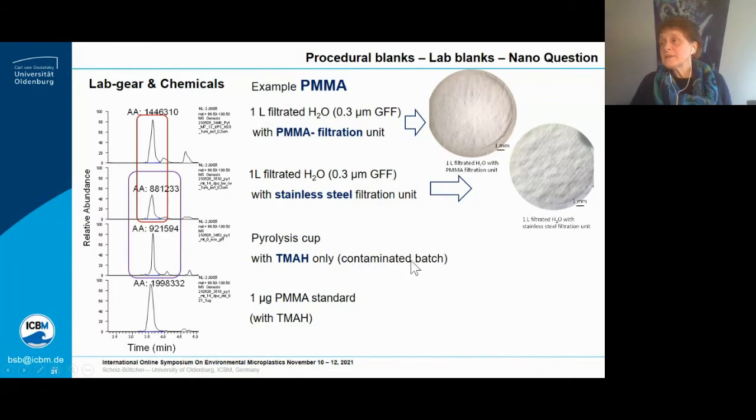So in this case, the batch has a distinct PMMA residue, and it is very small. So you see here the 1 microgram standard, and the signal is much higher. But at least there is a distinct signal that has to be